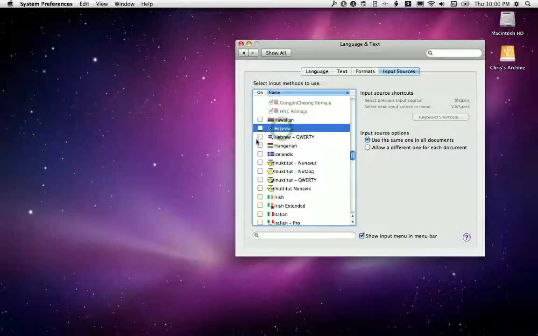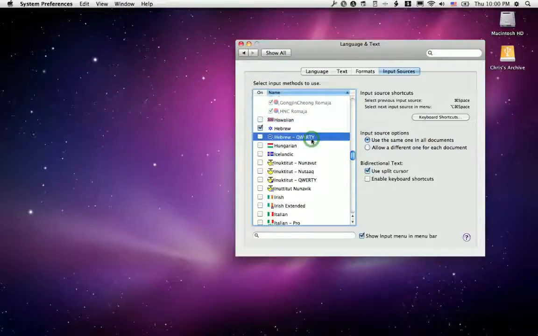One is simply called Hebrew. That's the one I prefer, so I'm going to go ahead and tick the box next to it to turn it on. And the Hebrew keyboard resembles an Israeli keyboard layout with regard to the consonants. So on my Hebrew keyboard, if I want to type the letter Kof, I press the E key on my